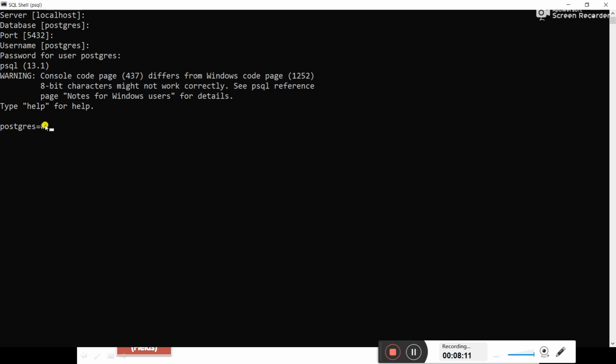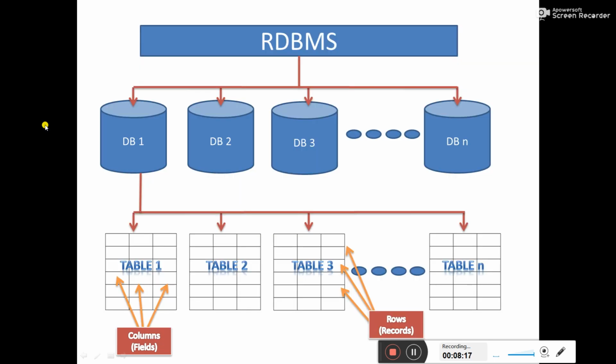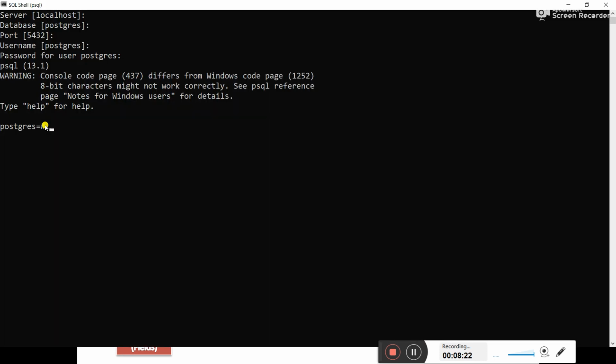Now next, what we are supposed to do is first create a database. To create a database, we use the create database command. First we will see what databases are already created. To see the list of databases, we use the slash l command.